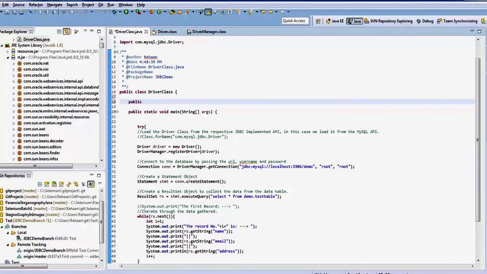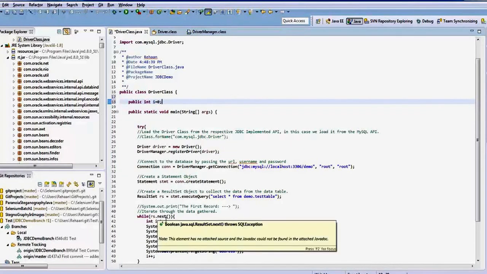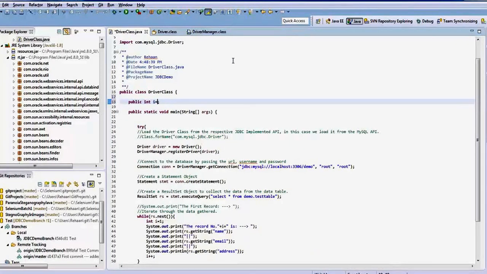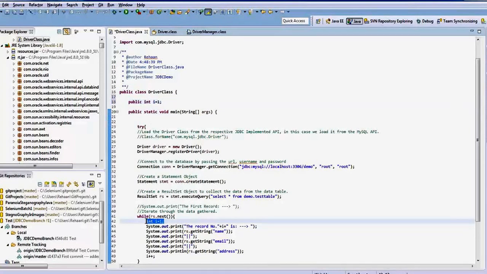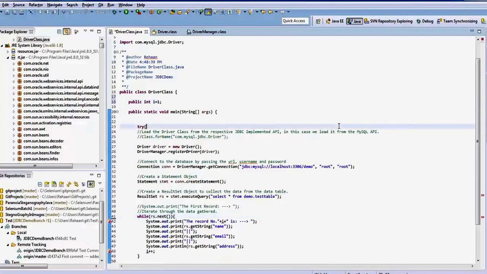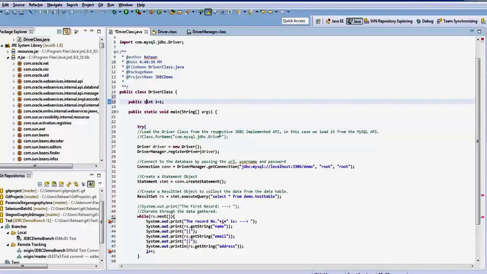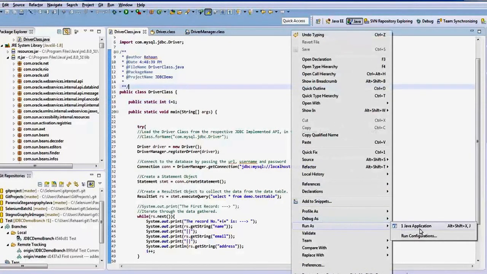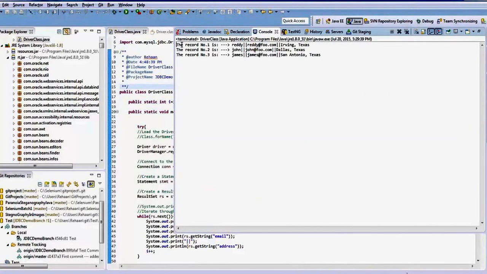I mean, you can work on top of this. All right, so now this time I think this should work fine. So the record one, the record two, and record three. So you can keep working on this.